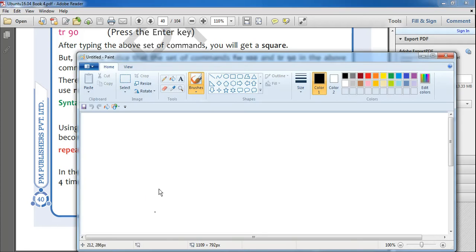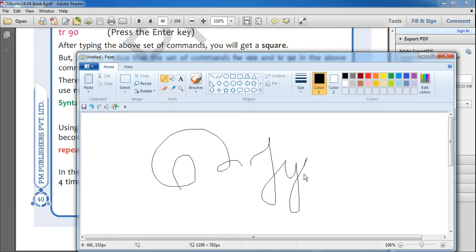So when you have to draw something on a page, you are using a pencil, and while writing you are moving your pencil to the right, to the left, up and to the bottom. Here also we have to turn the turtle to the left side, to the right side, and up and bottom side. So here we are going to use the commands. Which command we are going to use?